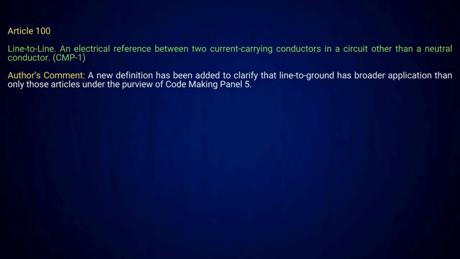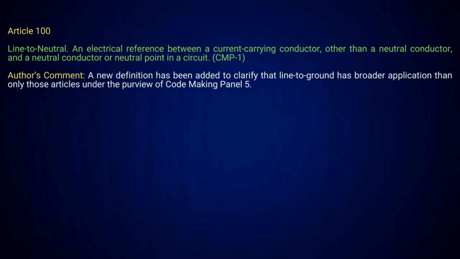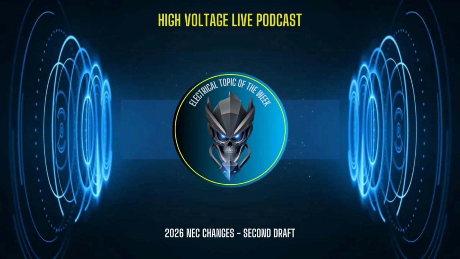Then they did line to line. What's line to line? We know that's when you have two current carrying conductors in a circuit other than a neutral. Then line to neutral is where you have a current carrying conductor other than a neutral conductor and a neutral conductor or neutral point in a circuit. So they've gone in and clarified these terms, and we'll have those in for the new code changes. I covered probably about 8 of those this week, so next week I'll probably cover another